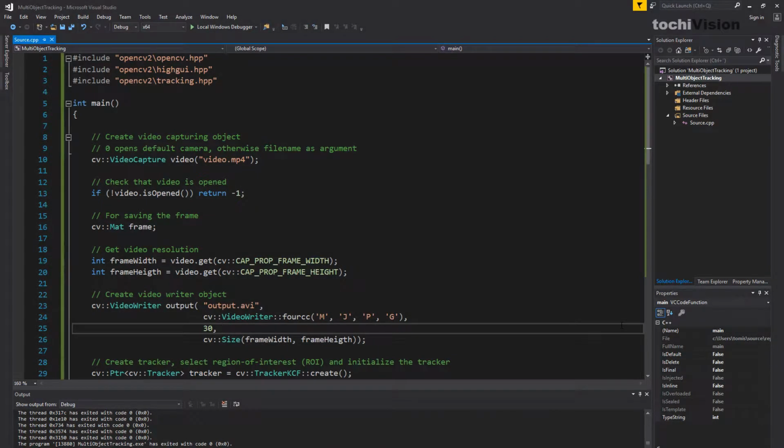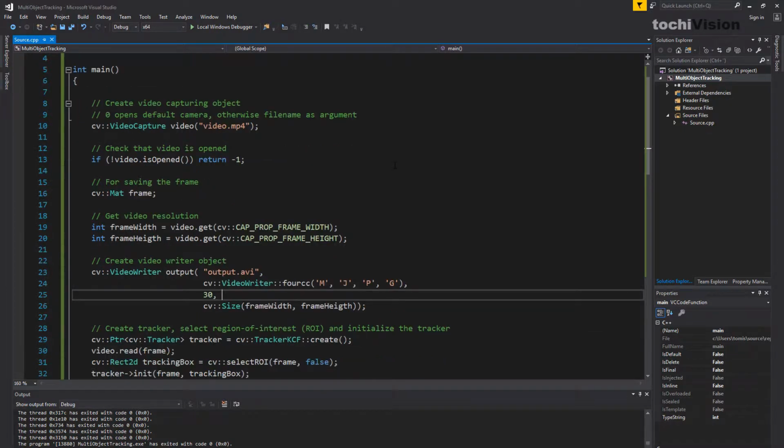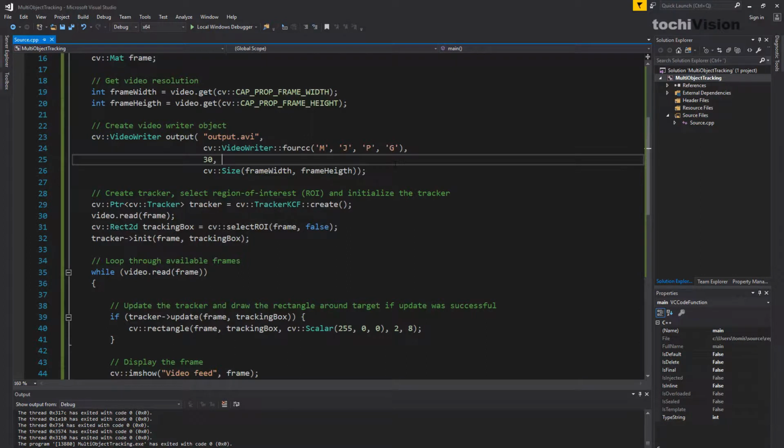Hello and welcome to my multi-object tracking tutorial. To get to this point you can go ahead and see my old videos or just go in the description and download the starting point source code. Okay, so this is the single object tracking code that we did earlier, and let's just turn it into a